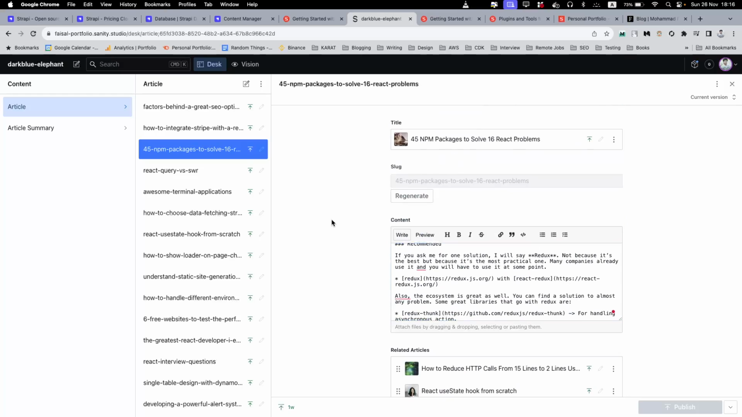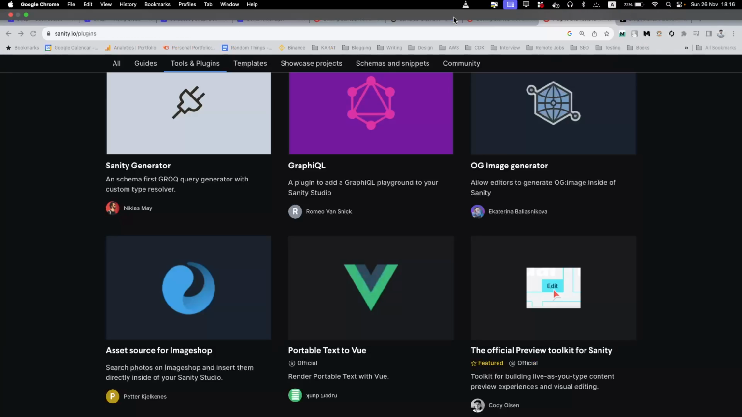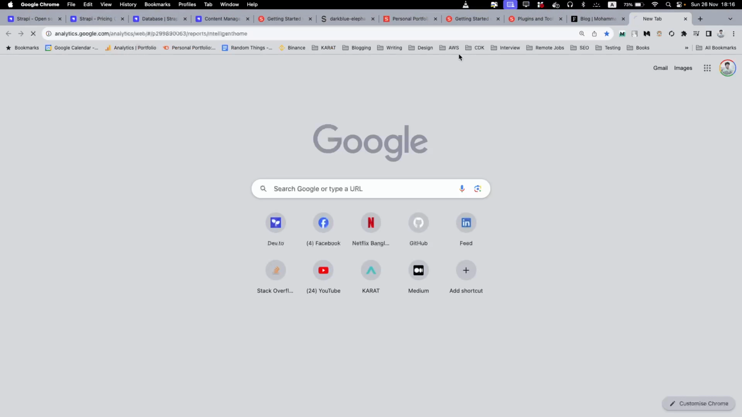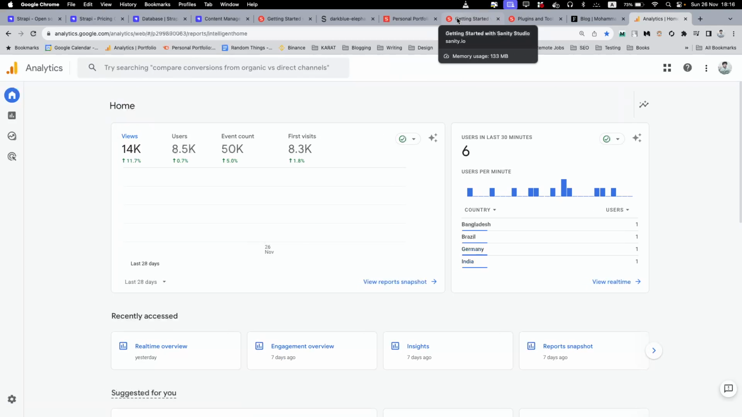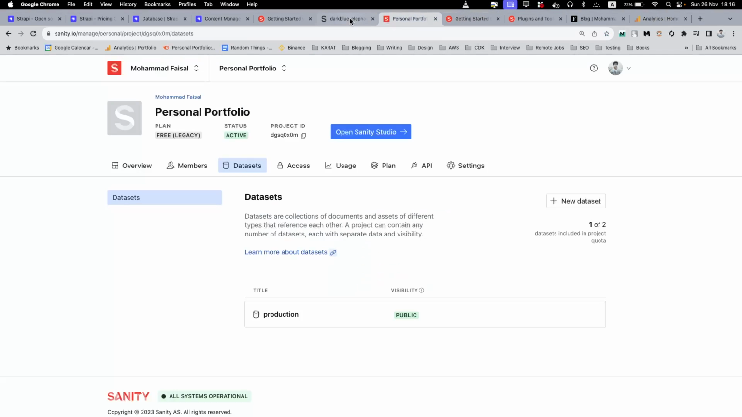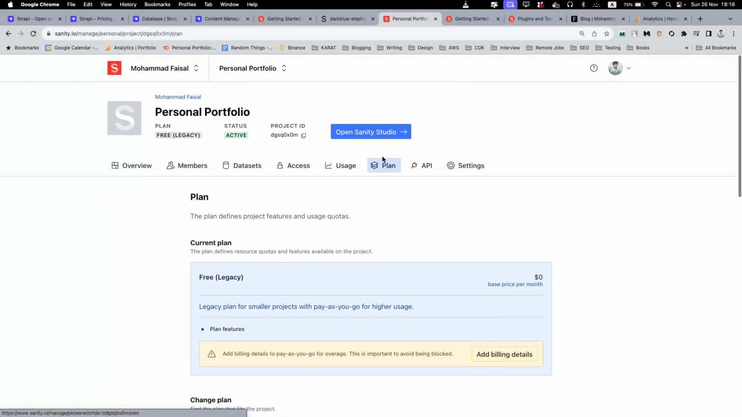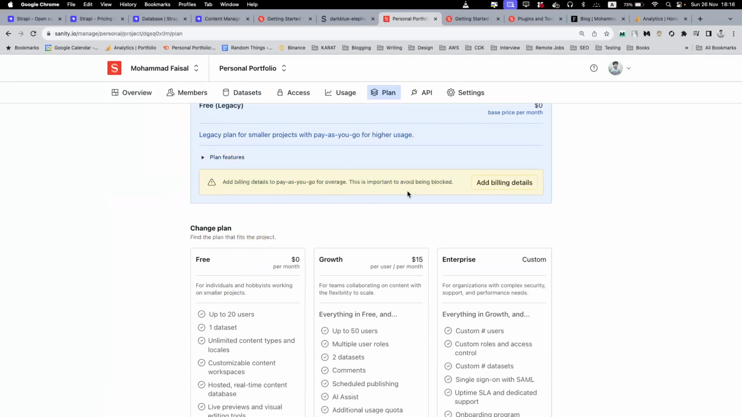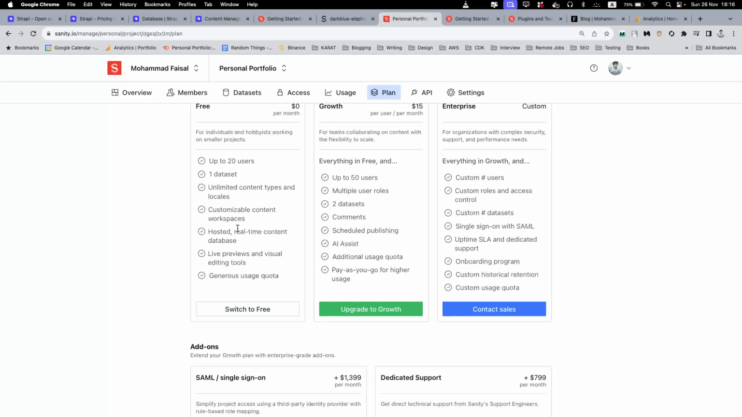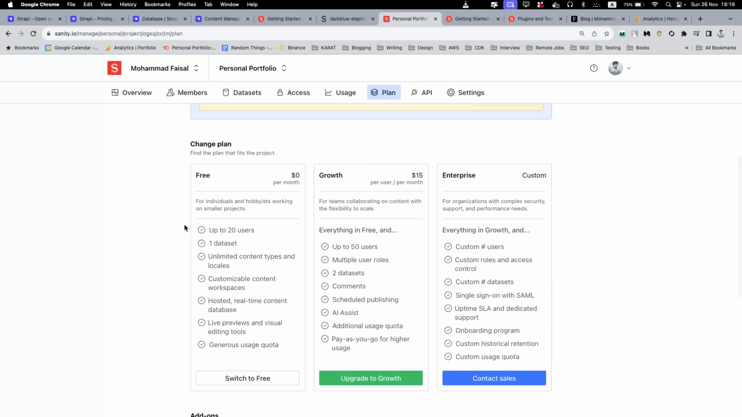So Sanity gives you nice flexibility, but the major benefit of using Sanity is it's really cheap. For example, let me show you. My personal website has roughly 13 to 14,000 users per month, and for those amount of visits, I'm paying nothing basically, right? So I'm on a free plan, which is I have not even added the billing details, and my blog is also free. I have not monetized it or anything. It's really generous